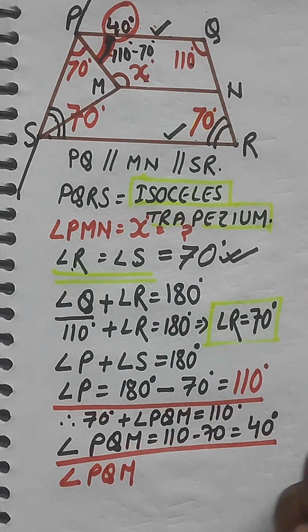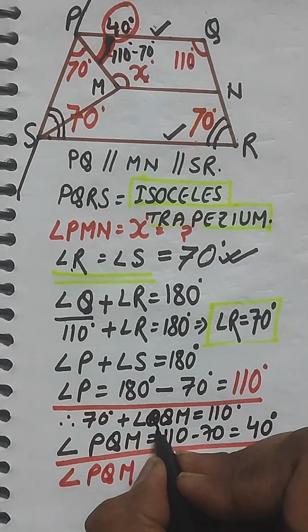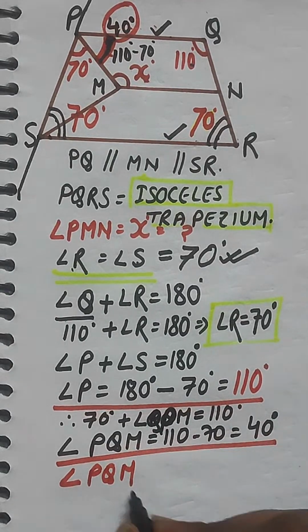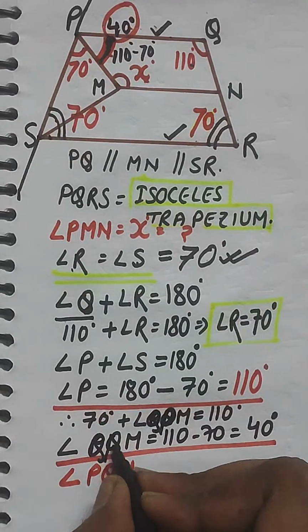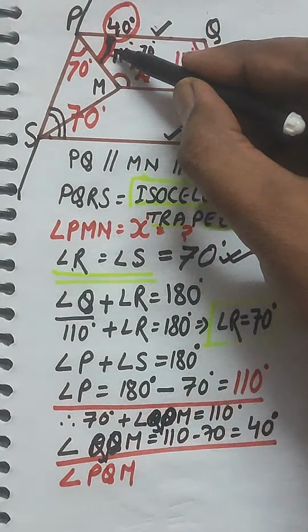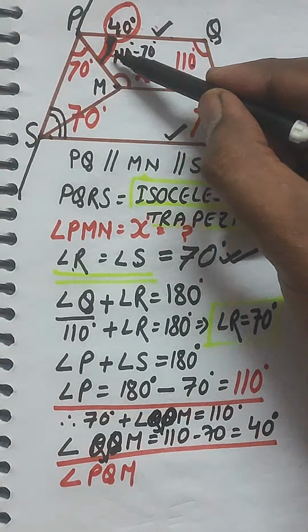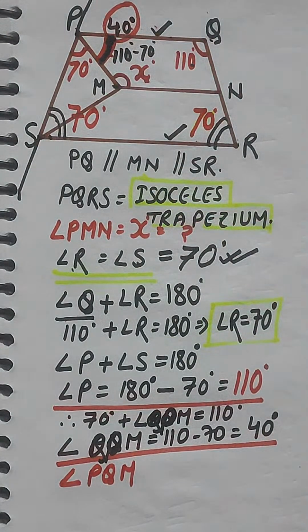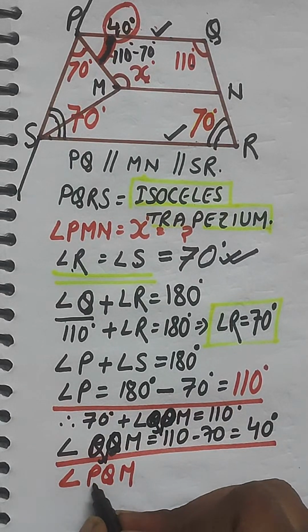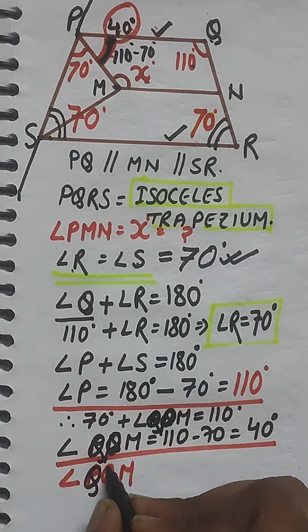Let me write it over here. It's QPM, because this is QPM, you can see QPM, right? And this is coming as 40 degree. So in this way, this angle QPM,